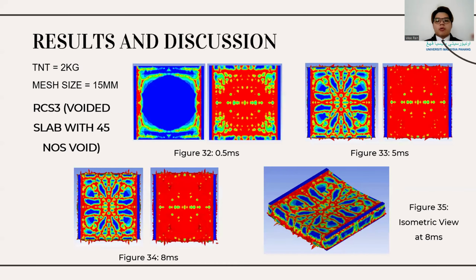So this is the result for RCS3. The figure illustrates a crack originating at the slab center, extending radially across its top and bottom surface, where the bottom encounters a larger area of crack. There is a higher occurrence of radial and circular cracks on the top surface of this slab compared to RCS2. However, the crack area in RCS3 is a bit smaller than RCS2 since this RC slab has lower volume of work. Similarly, spalling was observed on the side of the slab.